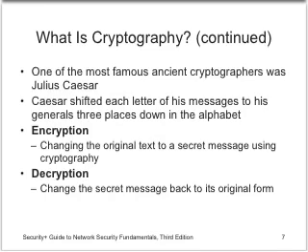But even back in Julius Caesar's day, he shifted each letter of the message 3 places down the alphabet. So basically encryption is just changing that original text into a secret message, and it's really good when that message makes sense at the end, because if it doesn't make sense, it is, in my mind, more of a red flag. So if it's a message that does make sense somewhat and it is intercepted, it'll be like, that's no big deal, or, oh yeah, let's follow this, but maybe it's going to be a false lead,